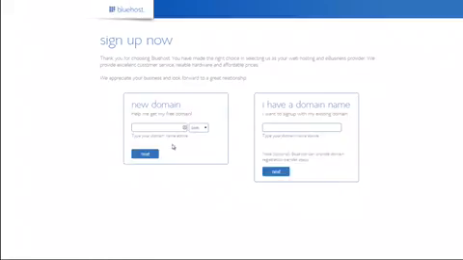Like I said, this may have changed slightly, but it should be basically the same by the time you come along. And here you're going to type in your domain name. So this is what I said earlier. For example, for this sniper site, I know that domain is taken, so I'm just going to choose one which I'm sure won't be. So, how to lose weight within 65 days. It's a very unusual one, and I'm just picking it as this example because I'm sure it will be available. So if we click next,